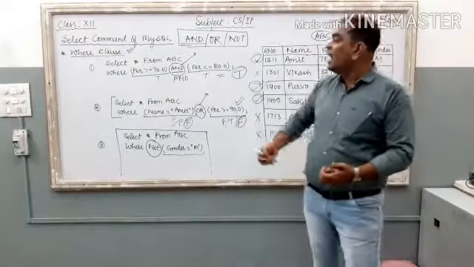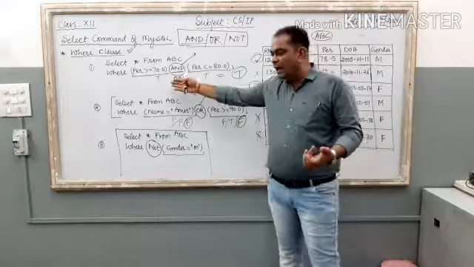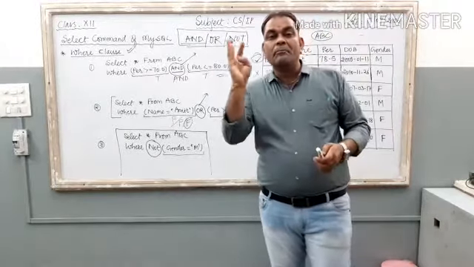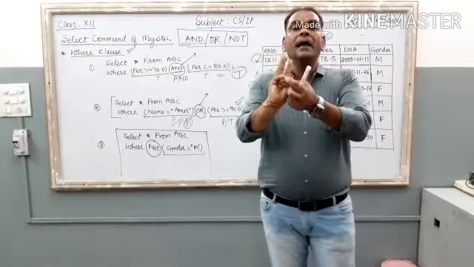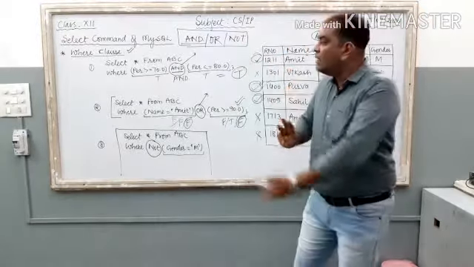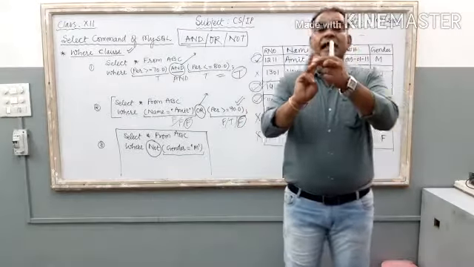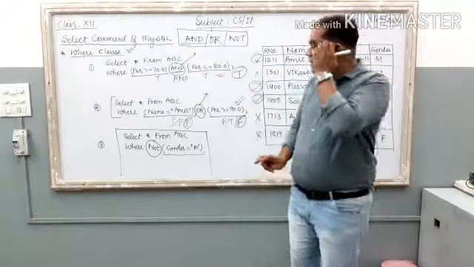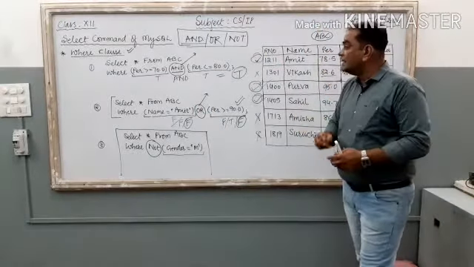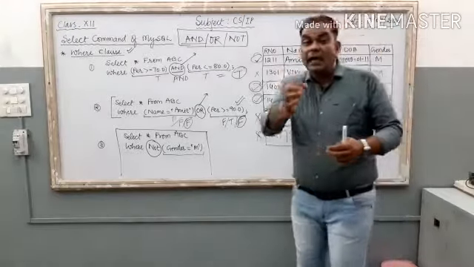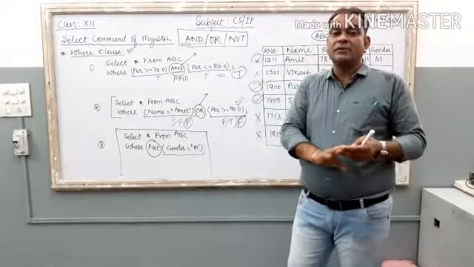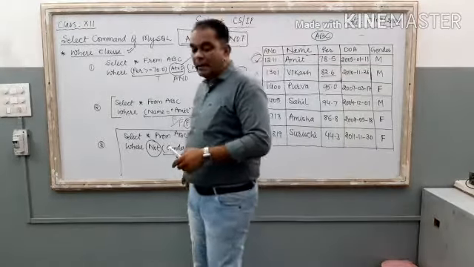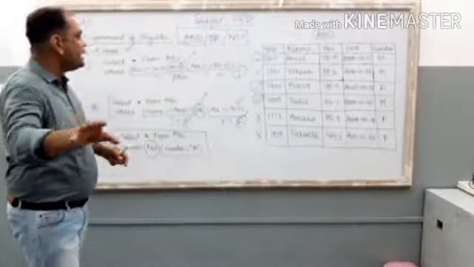Different operators means either you can create the condition using a relational operator, or you can create the condition by using the between and operator. You can use between and with this where command. The second one is like. You can use the like operator with this where command. Clear? So between and, like, these are some more operators. Yes, in, not in. It is also there in MySQL. In, not in. Right? So I hope this concept is shifted in your mind.